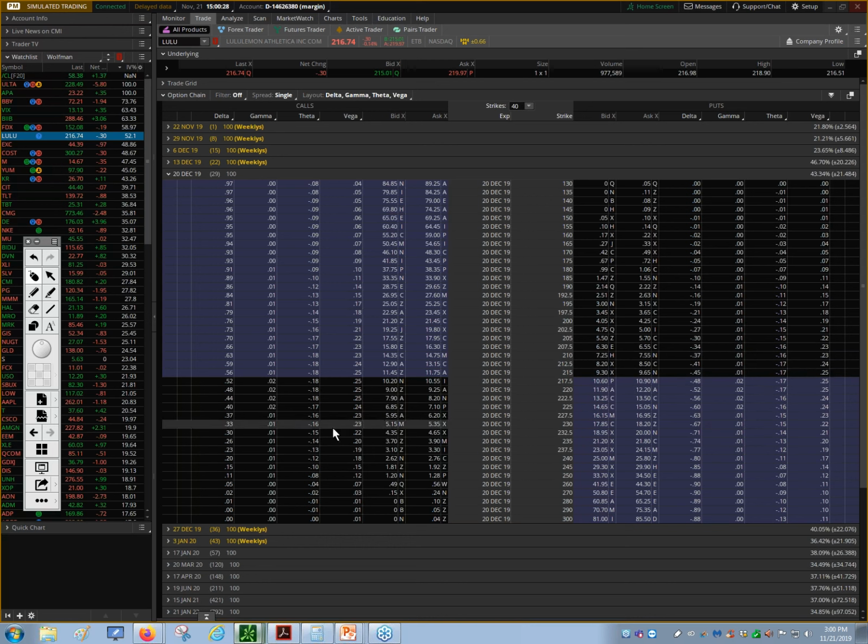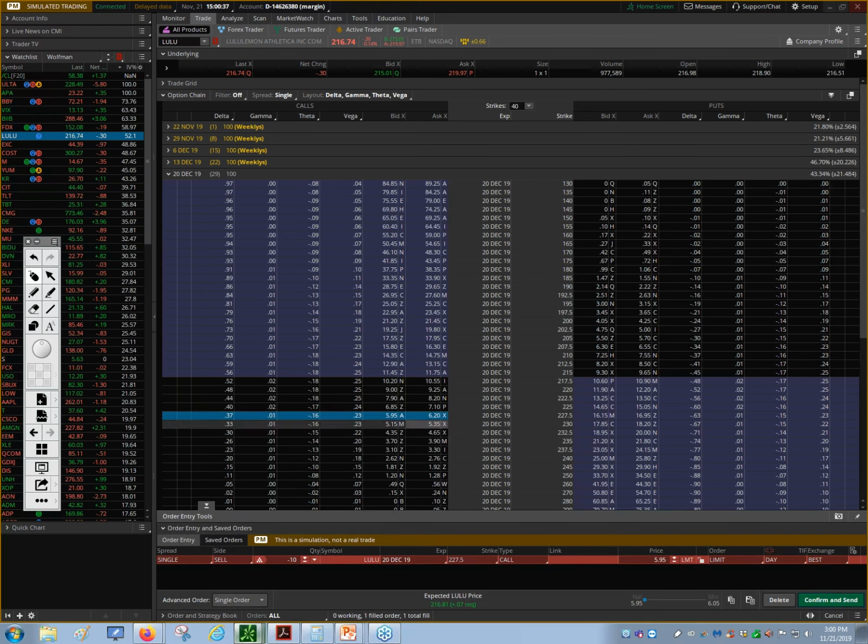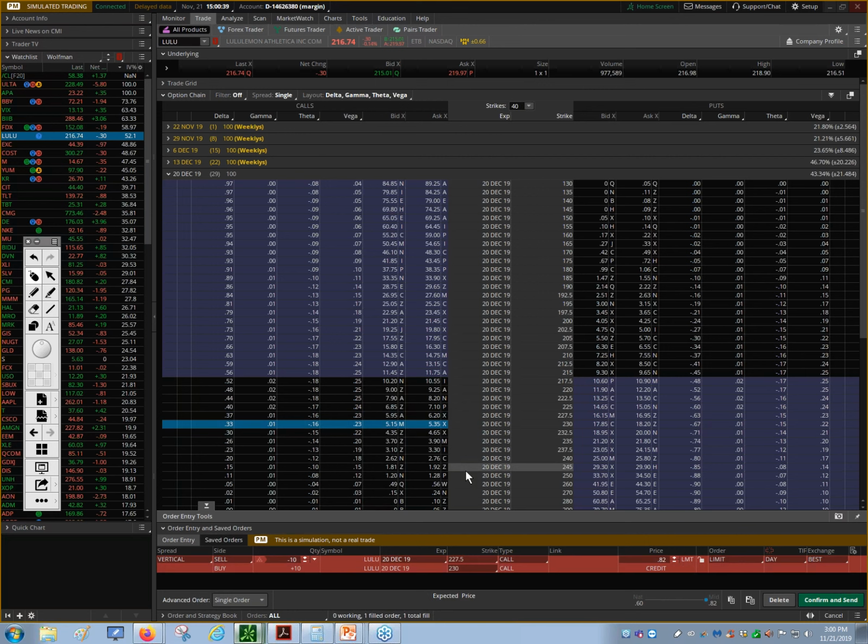It fits that rule. All right, 36 delta. It's 37, pretty close for government work. We're going to have to move inside though. We're going to sell the 227 and a halves and buy the 230s, 82 cents. We know from the last example that that is probably a little bit better and fits that rule. All right. So if you had a bearish assumption on this, no earnings, 35 days to expiration,